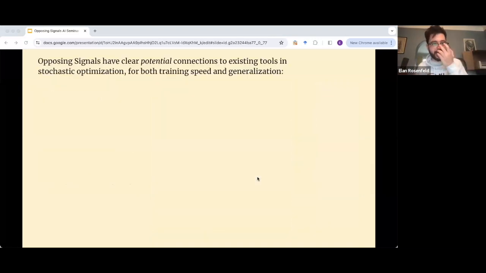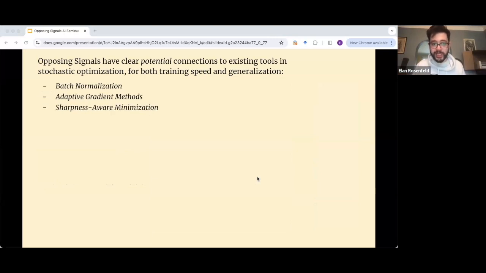Okay, just to wrap up and call back to several good points that people have made, like, oh, this seems connected to X, Y, and Z. To me, it seems obvious that these are potential connections. We haven't made them very rigorous. This is again a very high level story at this point, and I'm eager to understand more. But I think there's still a lot of work to be done. But it seems pretty clearly related to batch normalization and also adaptive methods. I'm quite interested in connections to sharpness-aware minimization.